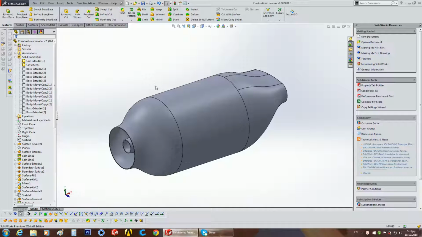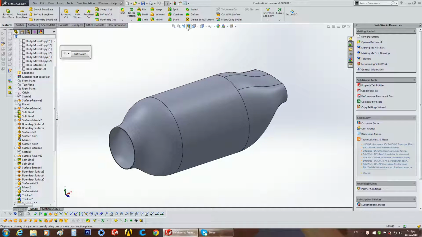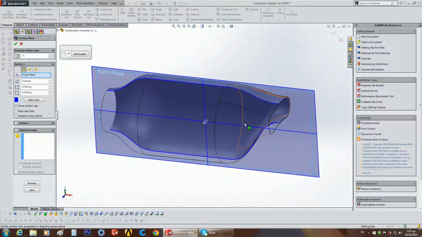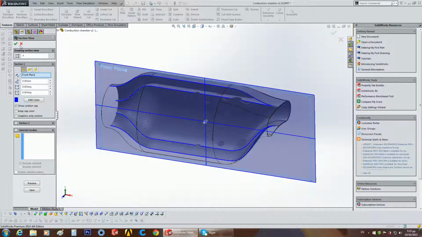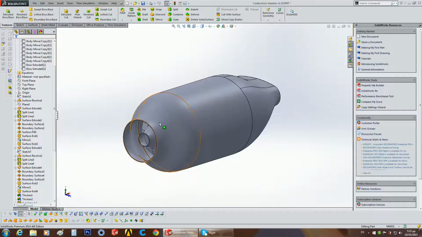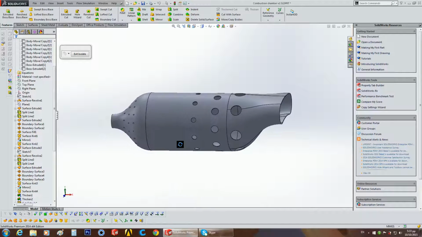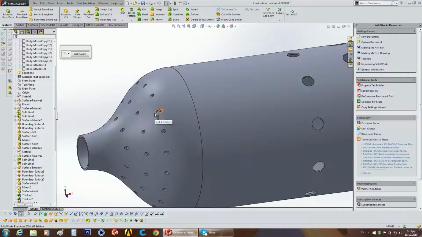So, this is a combustor of a turbojet engine. As you can see, it consists of two parts. The combustor case, which is this one, which is a simple tube, as you can see. And the combustion liner, which is the internal tube, in which the combustion happens on the inside. These holes are for air going in, for leaked air.